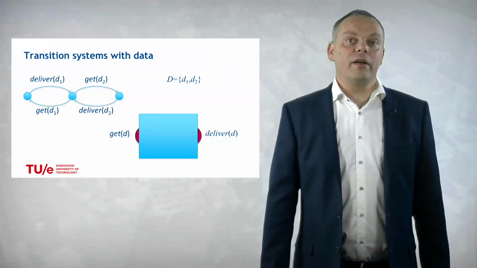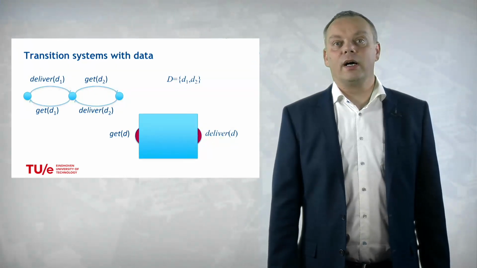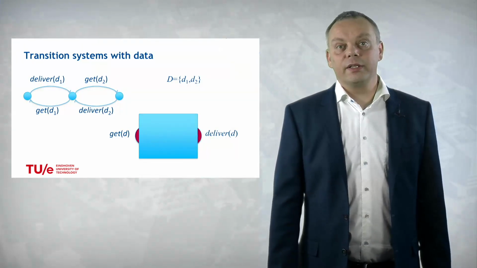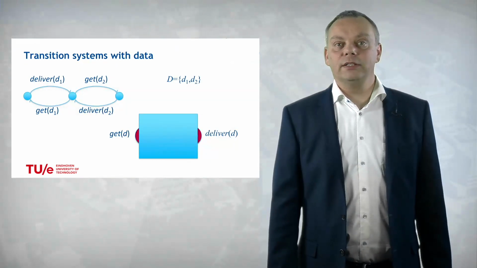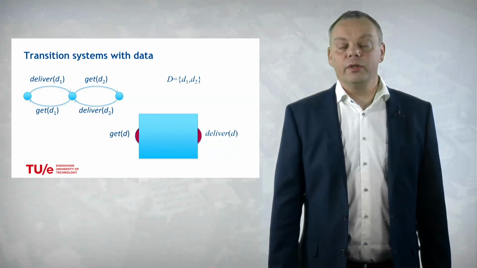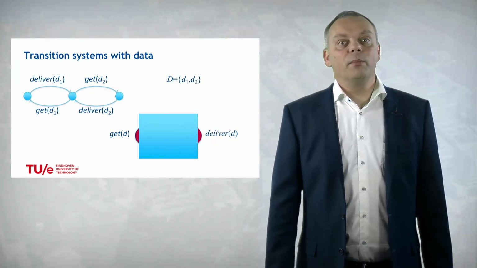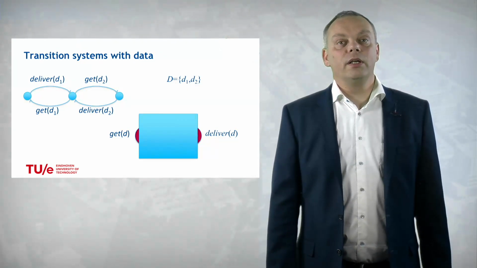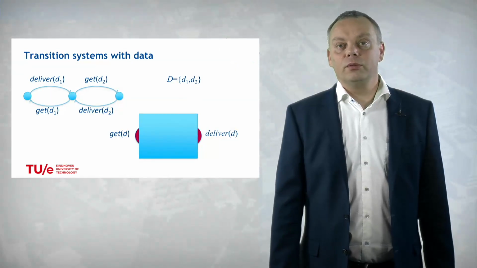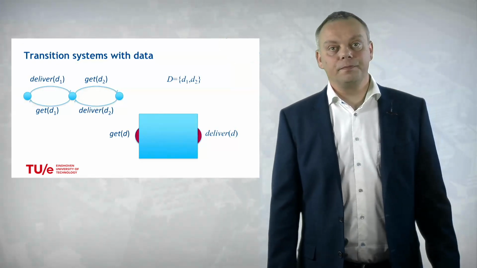where we actually read data 1 and then deliver data 1, or we can decide to read get data 2 and deliver data 2, and in both cases after delivery go to the initial state, get a next datum and deliver it again. Most important point is that you can add data to actions in this way, and so describe components that send data back and forth.